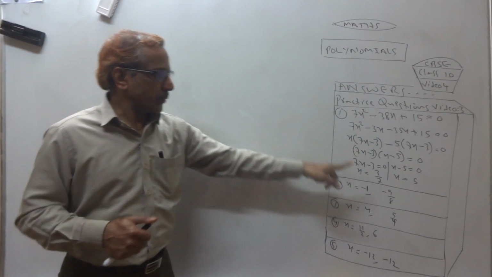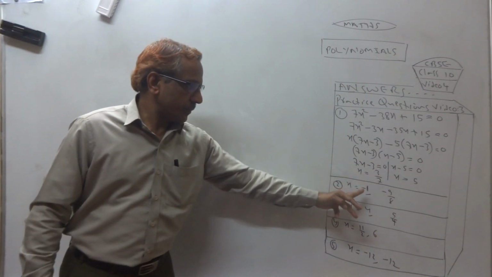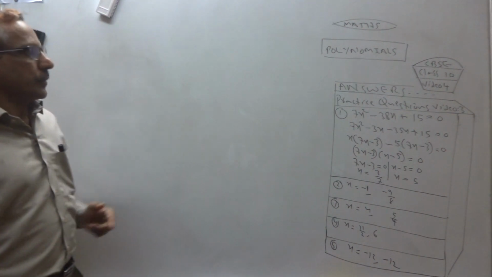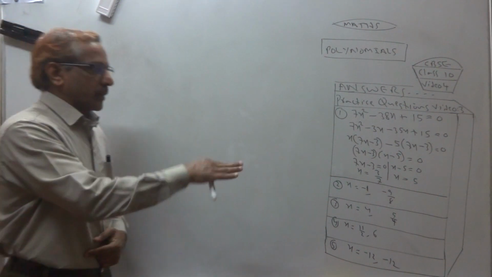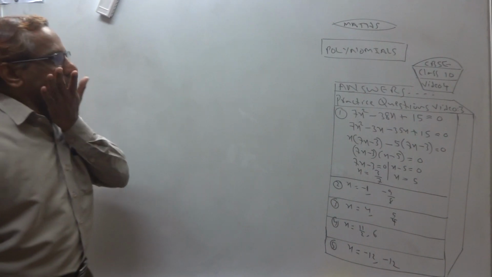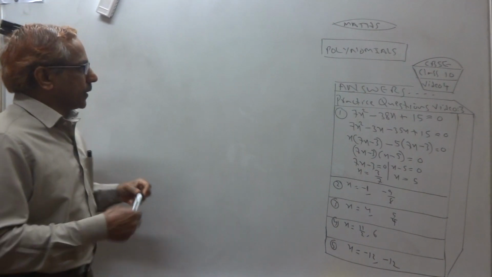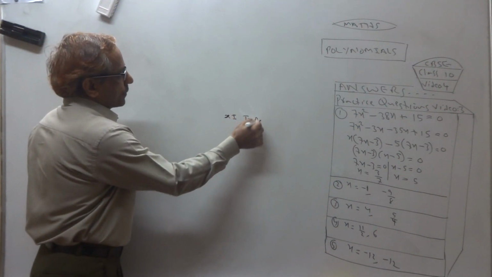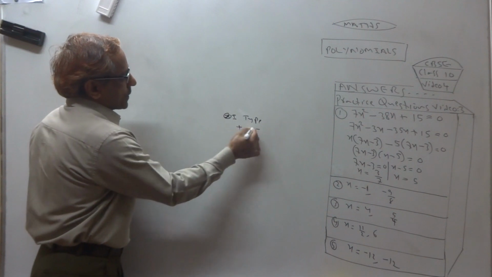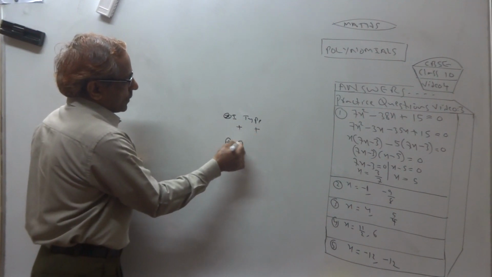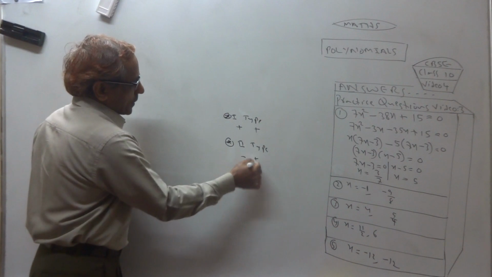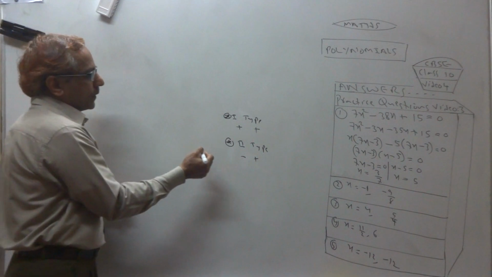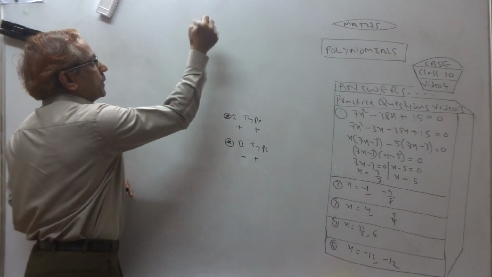Okay, first question 2 answers, zeros, 2 zeros, second answer, third answer, fourth, fifth. So last video you got 5 practice questions. In last video we completed 2 types. First type, that was plus plus. Second type, that was minus plus. So we completed this, how to find zeros. Okay, so today we complete the other 2 types.